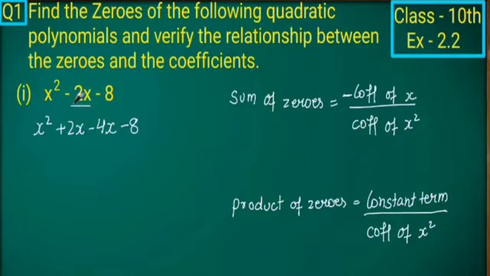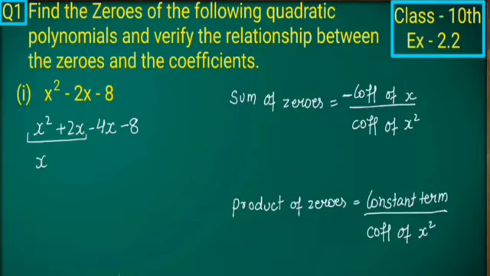Let's start our exercise 2.2. In this we have to verify the relation. So first of all we have to factorize it. When we factorize it we will get plus 2x minus 2x. So we have to factorize in that way that the sum is minus 2x and the product is minus 8x